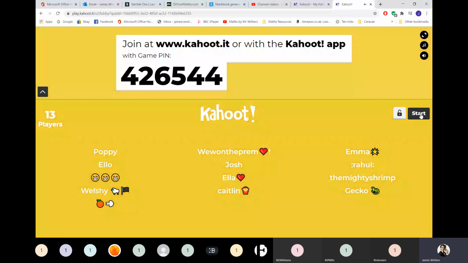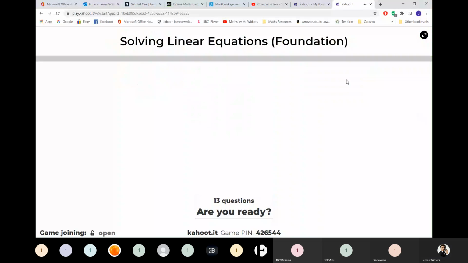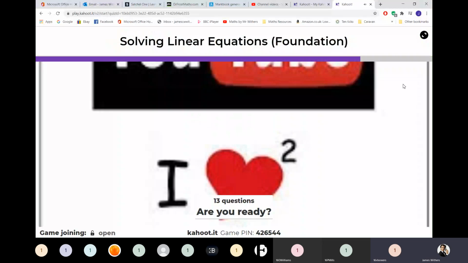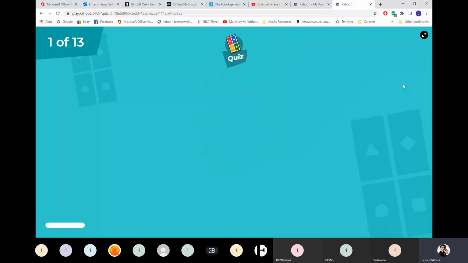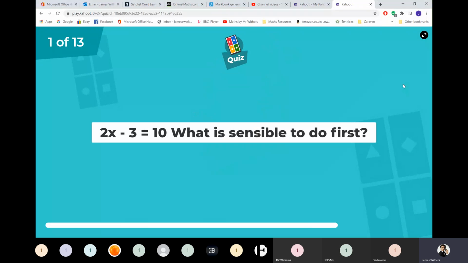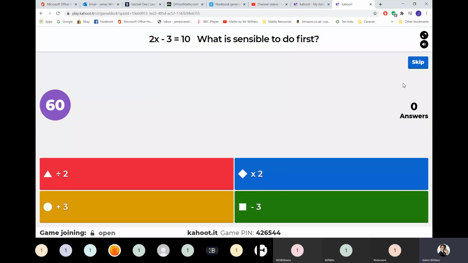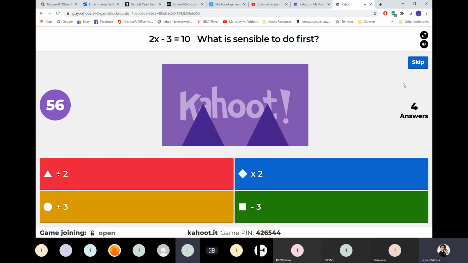Obviously, we're heavily taking the mickey if you get these wrong. Oh, it's easy maths. My wife's saying that's a bit mean, but I'm just saying, your top set kids, this is aimed at weaker kids, shall we say? So, what's the sensible thing to do first of all, please, guys?